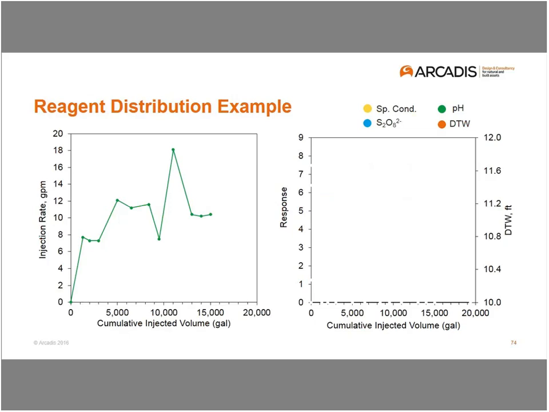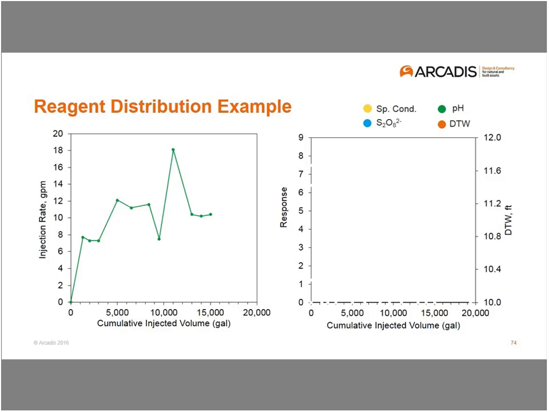So on the left, we present the injection flow rate in gallons per minute and cumulative injected volume on the x-axis. And what we typically see, if we refer to this as our injection capacity, is a reduction over time because it requires more pressure to achieve a higher flow rate when you're trying to displace more volume at a greater distance. But in this instance, the formation, which was characterized by coarse gravels, cobbles, and coarse sands, we were able to maintain the injection flow rate at a pretty good clip over